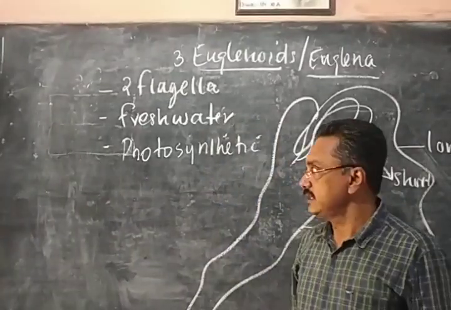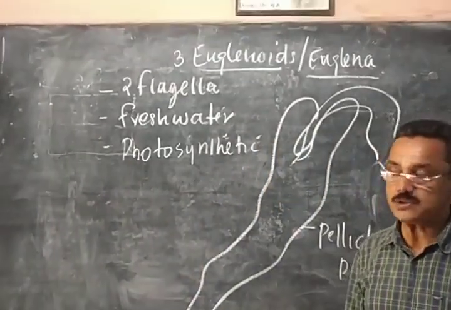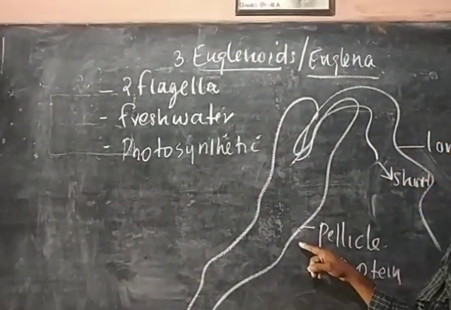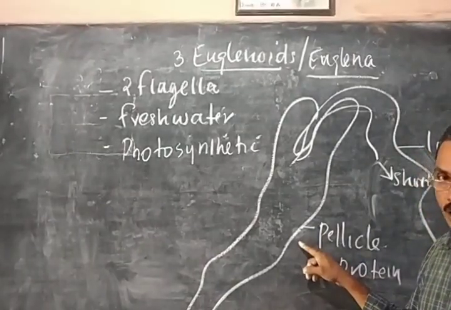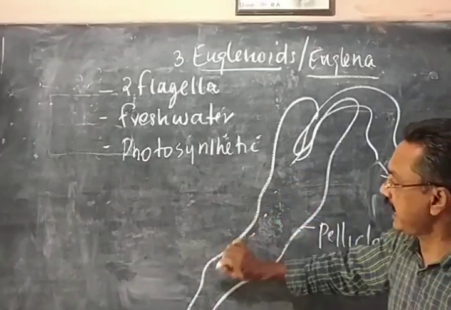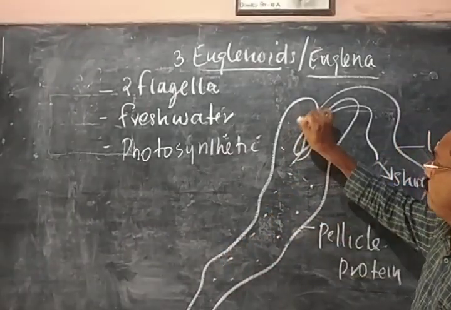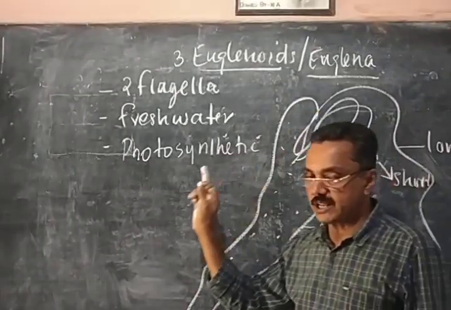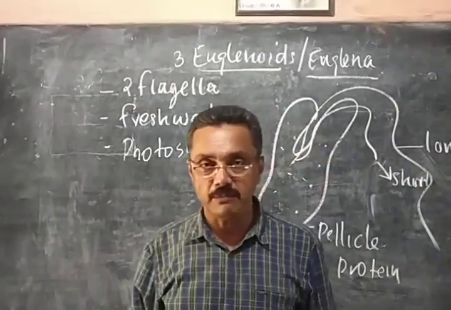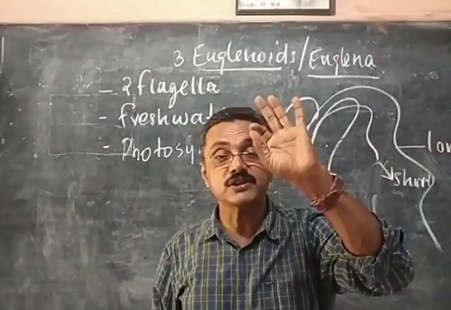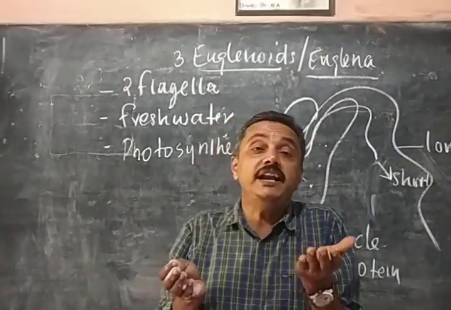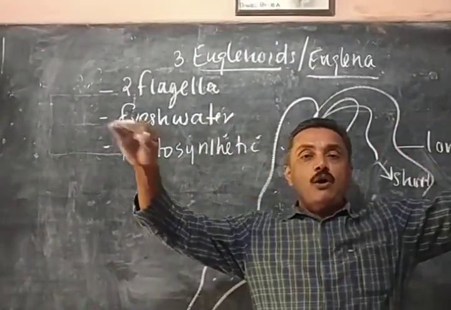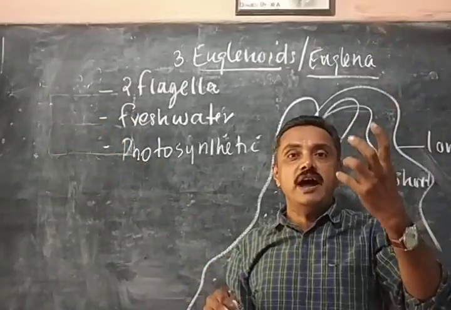And remember that they are photosynthetic organisms and the cell is covered by a covering called the pellicle. The pellicle is covering the cell, not a cell wall. They have the pigment chlorophyll. They prepare food by photosynthesis in the presence of sunlight, and only in the presence of sunlight. When sunlight is present, they come to the surface of the ocean and absorb sunlight and prepare